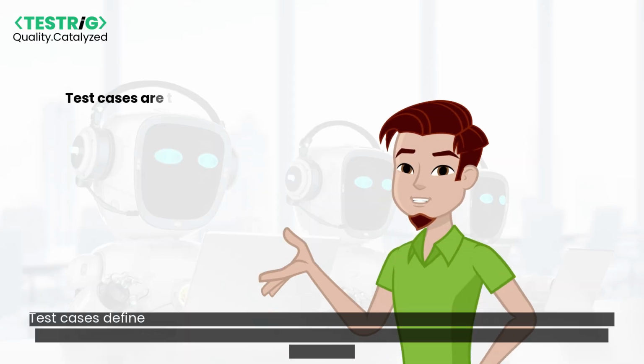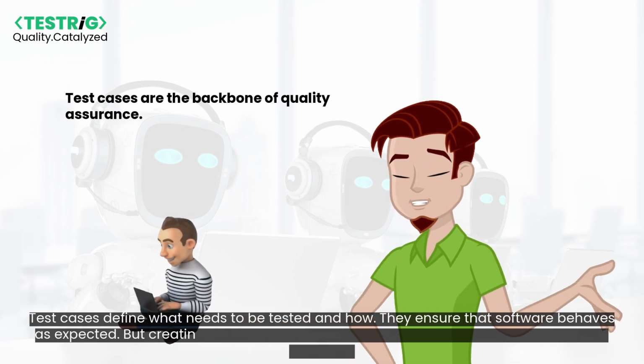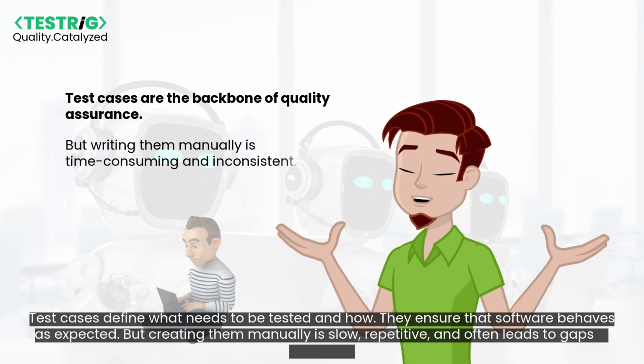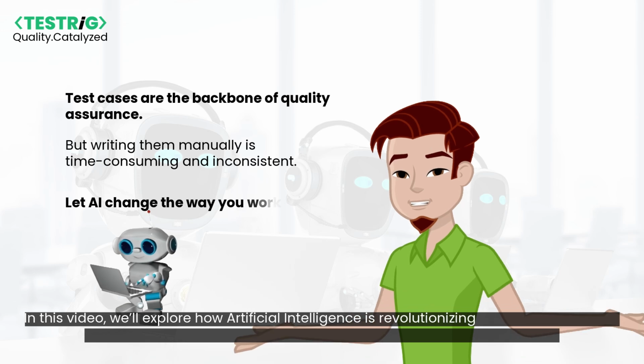Test cases define what needs to be tested and how. They ensure that software behaves as expected. But creating them manually is slow, repetitive, and often leads to gaps in coverage. In this video, we'll explore how artificial intelligence is revolutionizing the way we write test cases, helping QA teams improve